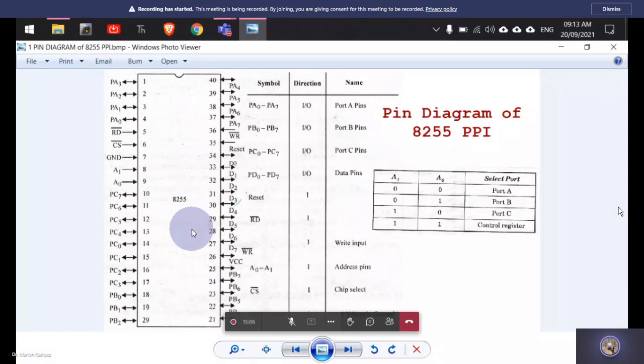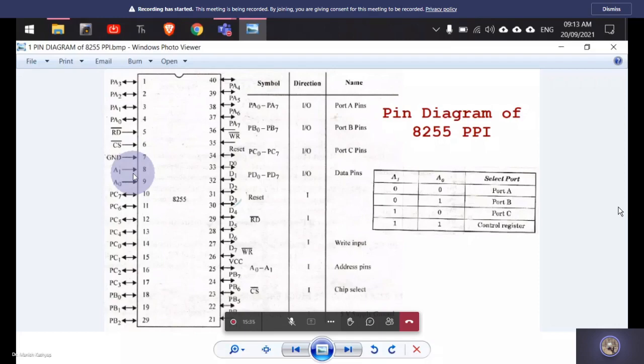So accordingly, there should be two address lines from the microprocessor, which should be connected to A0 and A1, and that way some ports will be selected, or this control word register will be selected, and whatever is to be written onto those ports, or read from those ports, is taken care of from this data bus. So the data bus will be giving or taking some data from that port or control word register, whatever is selected,